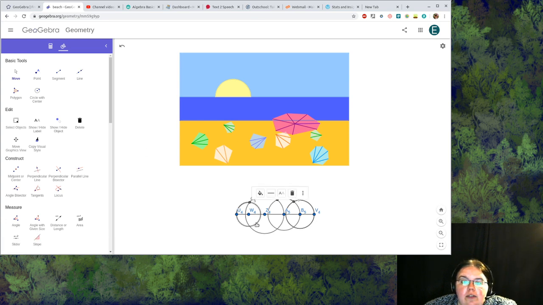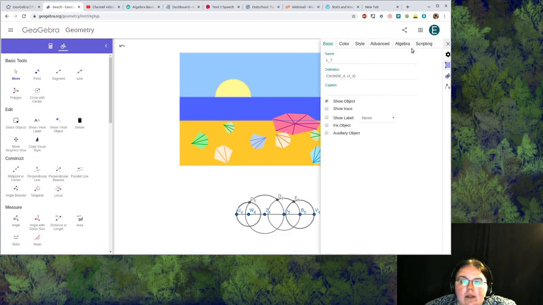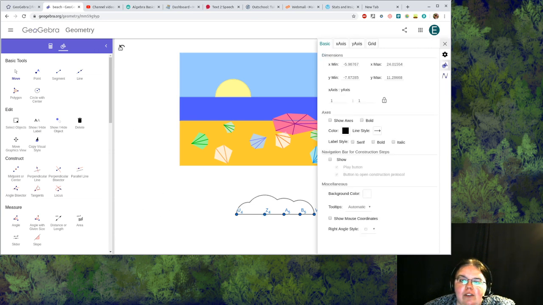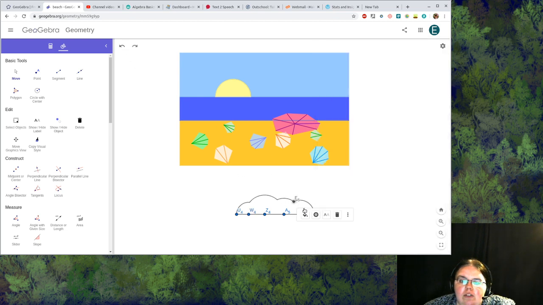So I'm going to hide the circles. Oops, yeah, hide the circles. Let's see, I'm also going to hide those points. Okay, see how much that looks like a cloud now that we've got the other circles out of the way? Oh, actually, before I hide that one, I want to show you something. If you want to change how this looks,